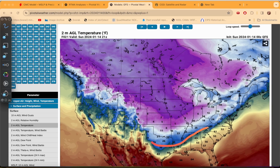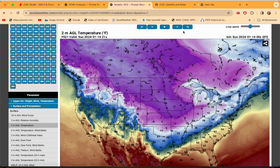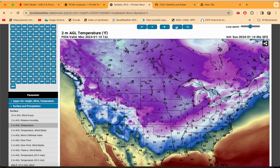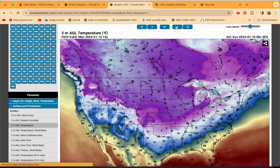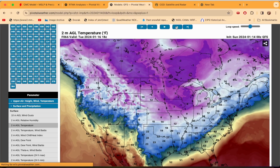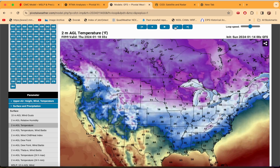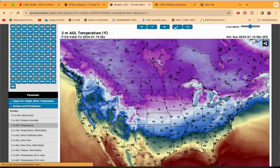And then even the freezing line pushes its way into the southeastern U.S. as that storm system moves through. It's going to be very cold for many areas that are not used to it. For this time of year, it would happen, but not used to it just generally. And that Arctic air is going to continue to surge. It's going to move its way eastward, maybe weaken a little bit against the Appalachians, but still be pretty potent here as we move into